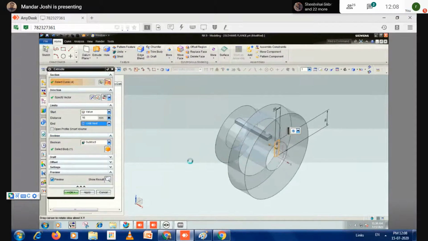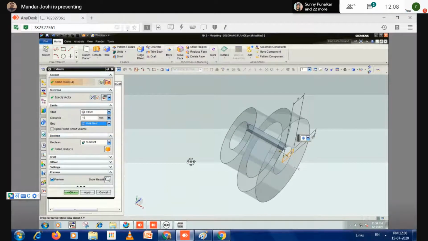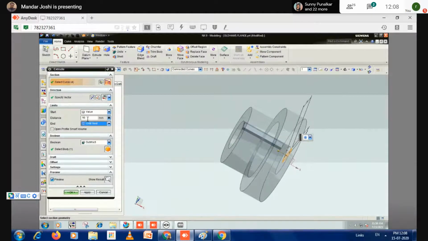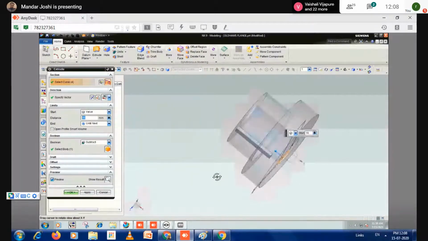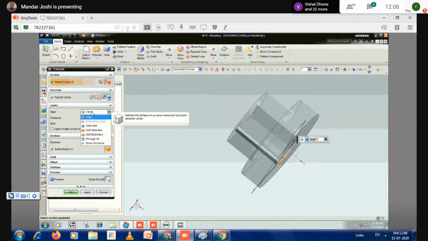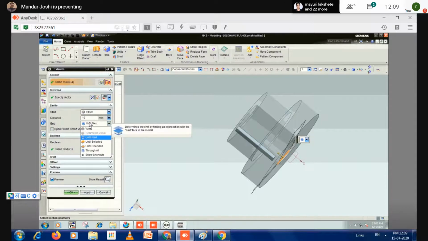Okay. And what is 16? You see the 16 value here. Because of the 16 value, it will take an offset gap. You see that it is not started from the 0 location. So here you should enter the value 0. So from 0 to next. If you use the value 5 or 6 or 10 here, then it will automatically generate a gap. I don't want to produce a gap here, so I take the value 0.